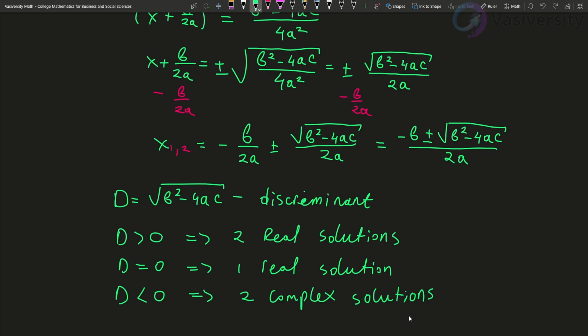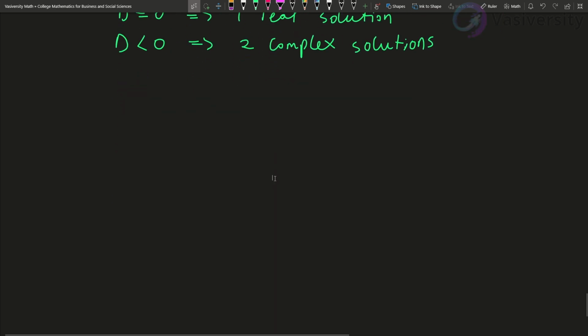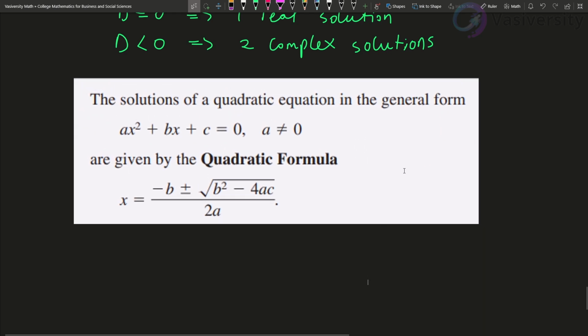Okay, and now we are capable of solving any kind of quadratic equation. Let's go ahead and write down the summary for it. Here we will have that the solutions of a quadratic equation in general form ax squared plus bx plus c equal to 0, where a is not equal to 0, are given by the quadratic formula that we just derived,